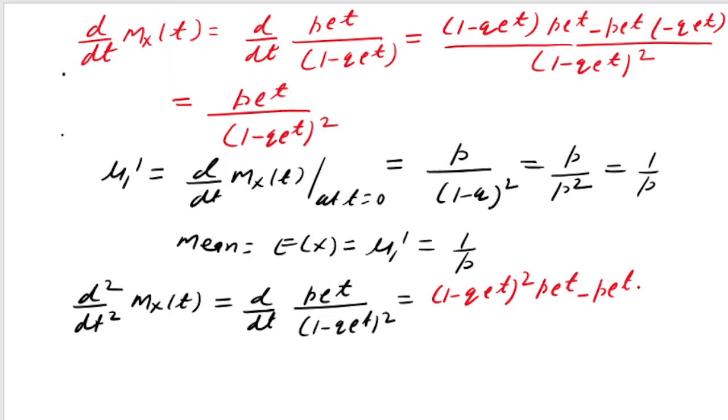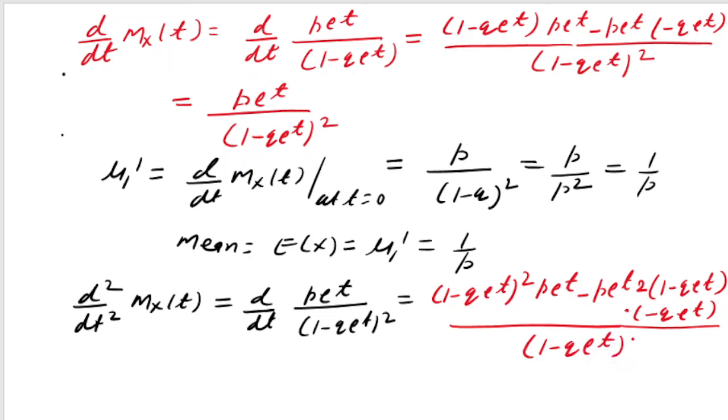If I differentiate this, I will get 2 into (1 minus q e to the power t), and into again minus q e to the power t. I hope you are aware of the chain rule, and divided by, if I do the square here, (1 minus q e to the power t) to the power 4. So if you do the simplification, what will you get? Before I do the simplification, what I am going to do